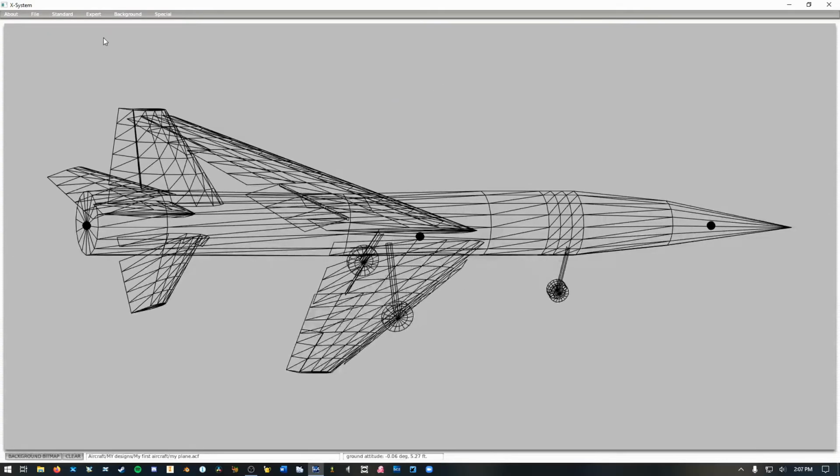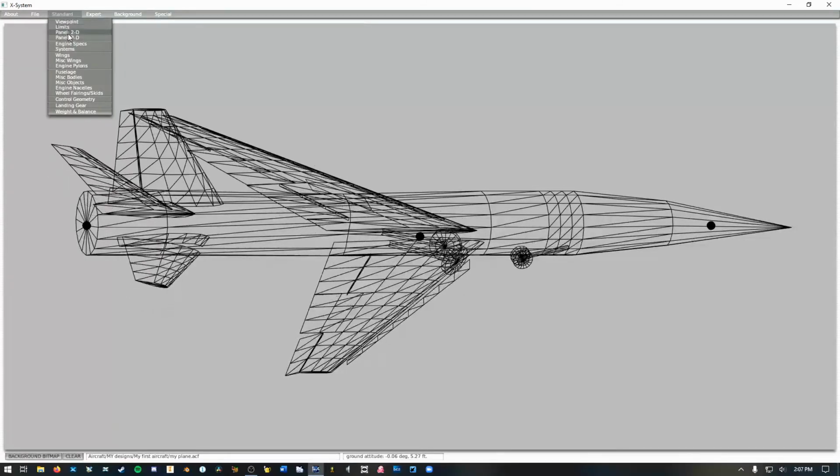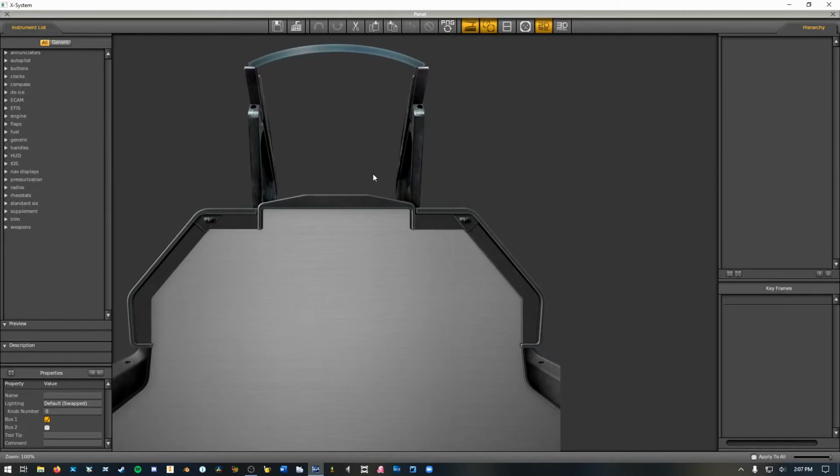And so to edit your panel, you want to go to Standard, Panel 2D, not 3D. I'll talk about why later, but 2D is easier to work with and much less complicated to figure out. So this is the view you see when you open the panel editor. On this side you have your instrument list, which is a whole bunch of nested drop-down menus. You have a preview of your instrument, it'll give you a little description, and that's all you really need to